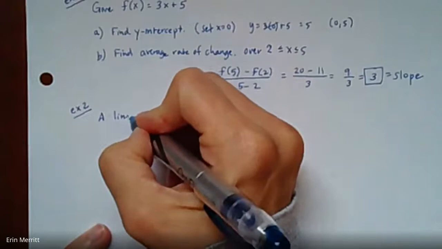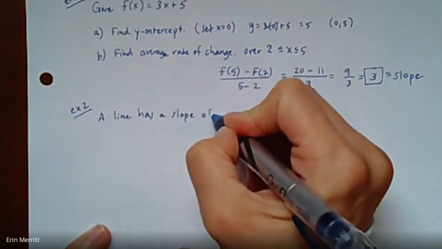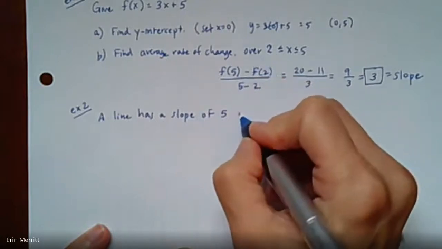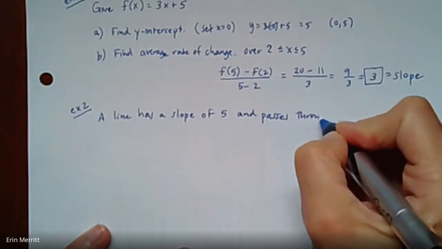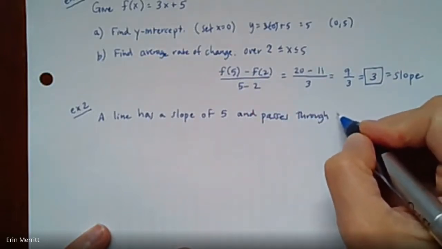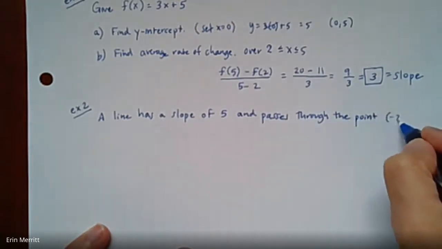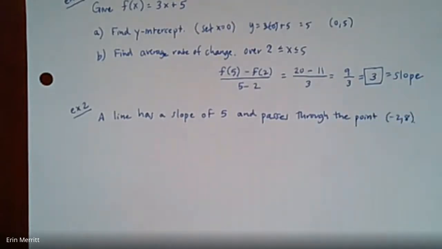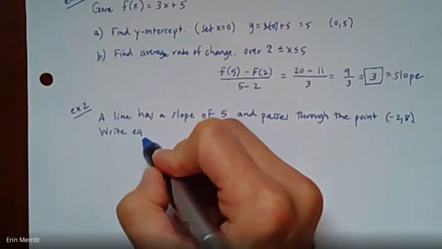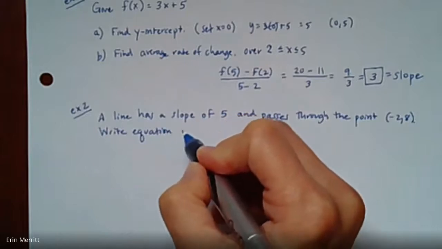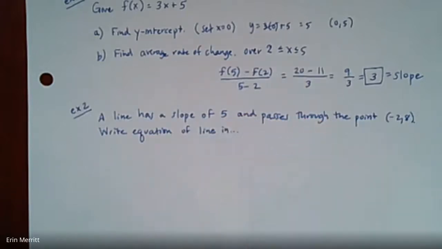A line has a slope of 5 and passes through the point -2, 8. What I want you to be able to do is write the equation of the line in